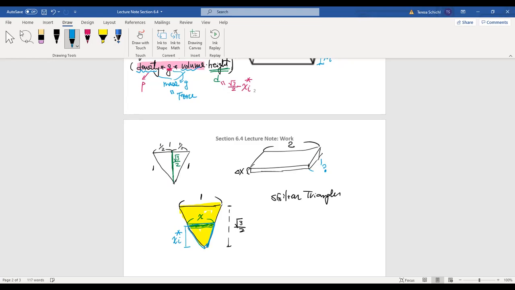Okay, so now the 1 divided by x, so 1 is this big one, the small one is x, will be equal to,